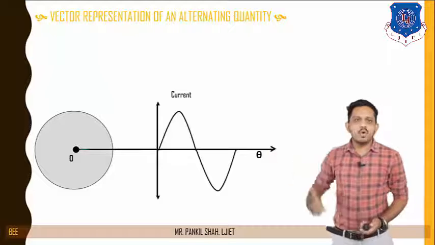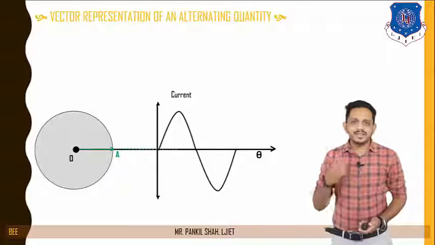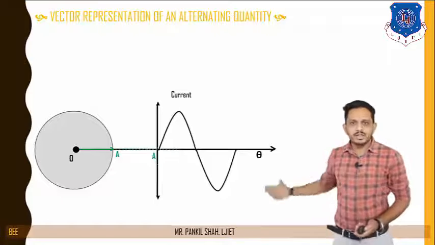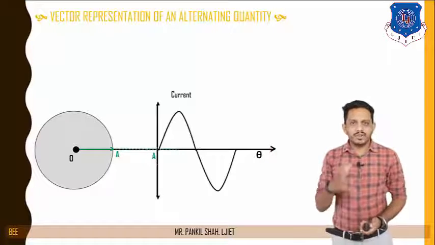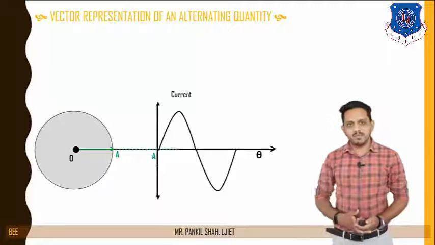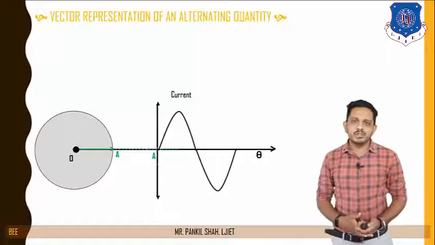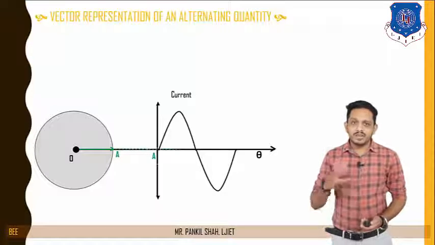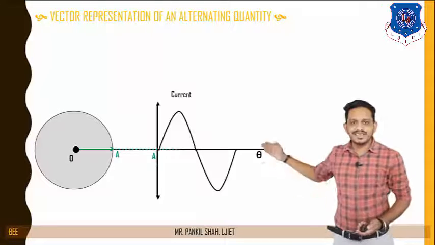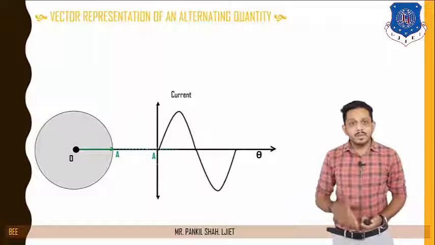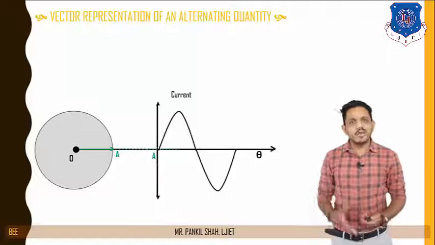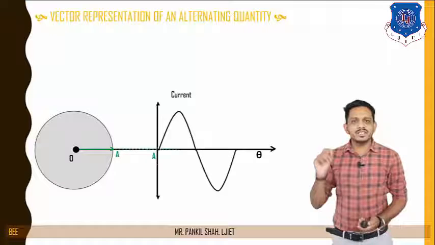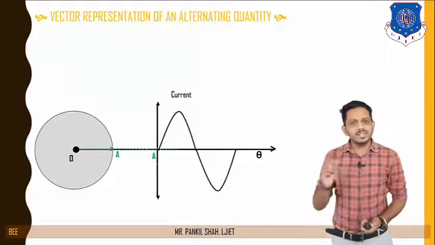So let's define OA. OA is nothing but the first position of our coil, and we know that in the first position of the coil the flux linking with the coil is maximum, but still no EMF will be induced in that coil, because according to Faraday's law of electromagnetic induction, the flux should change, and here maximum flux is linking with this coil at the OA position, but there is no change in flux, so there will be no EMF and no current flowing through that coil. So we can say that this is the OA vector, the first vector, which has zero current.